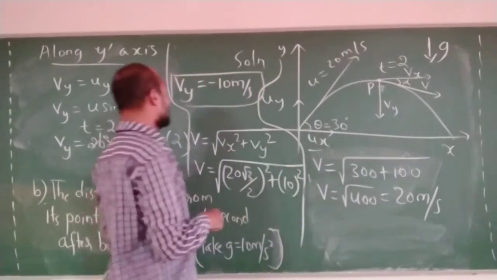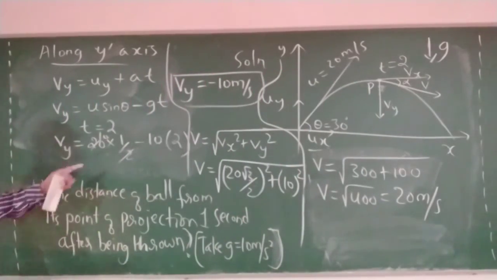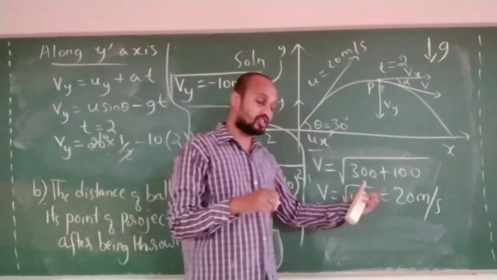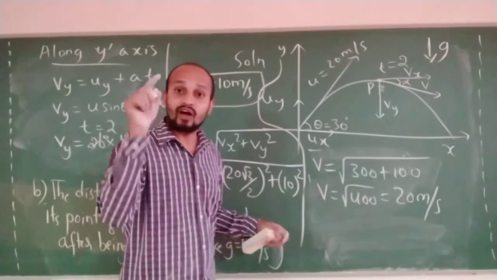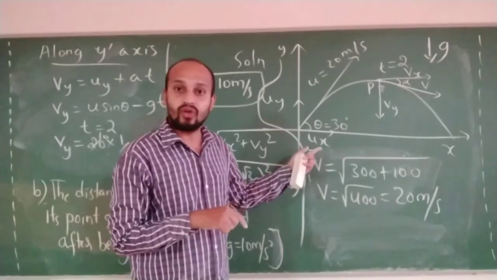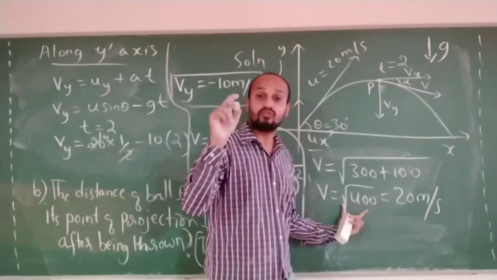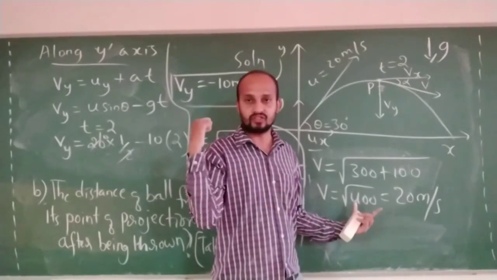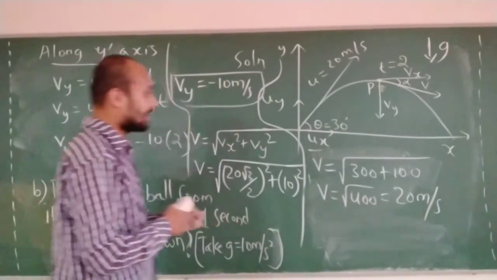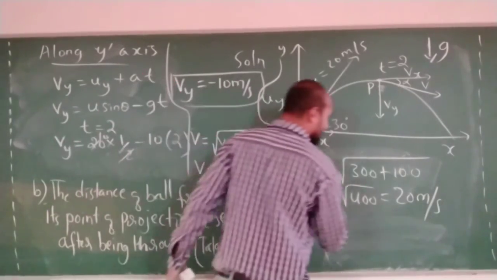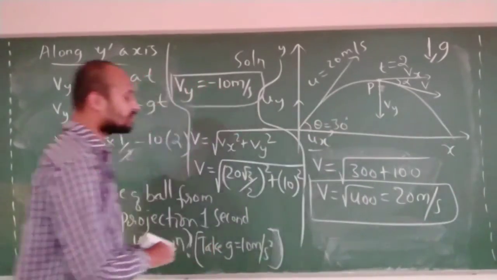After 2 seconds, the speed of the particle is how much? 20 meter per second. Velocity means I must give the direction. I must write in terms of i cap and j cap, vx i cap plus vy j cap. Now I don't want that; I found the value of speed, which is what is asked. Speed is asked. You have to write down the question previously. Correct, no? So this is the first thing. What is that answer? 20 meter per second.